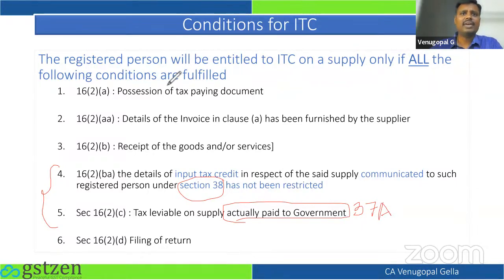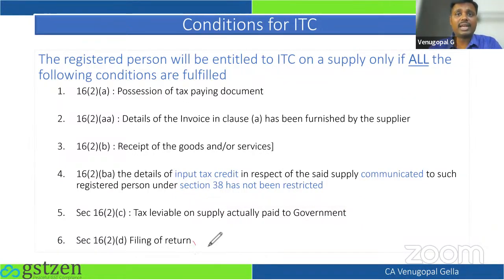And lastly, a very valid thing, you should be filing the returns. This is another important point. There are differences between the provisions of the input tax credit in the erstwhile laws, excise, service tax and VAT, versus GST. Availment means availment into your electronic credit ledger. Just because you are recording it as a credit in your books doesn't give you the credit. You should be filing your GSTR 3B, report it as a credit and record it in your electronic credit ledger. Only then does it become a valid input tax credit.